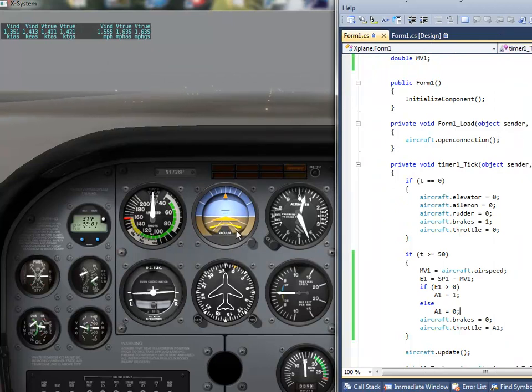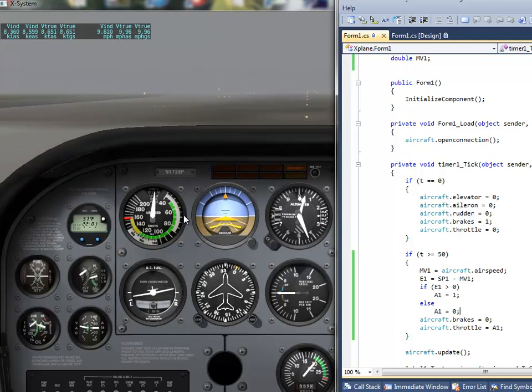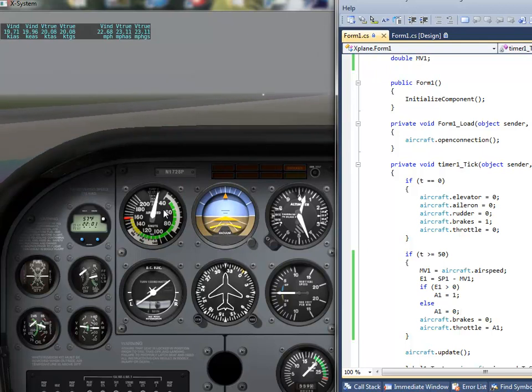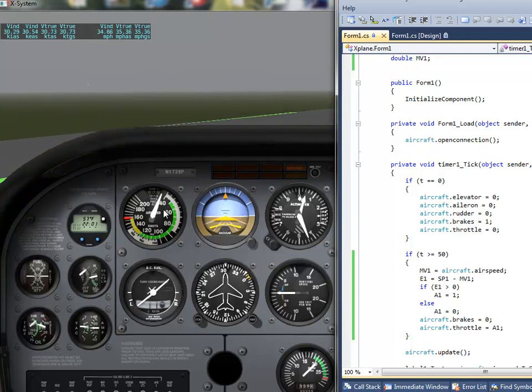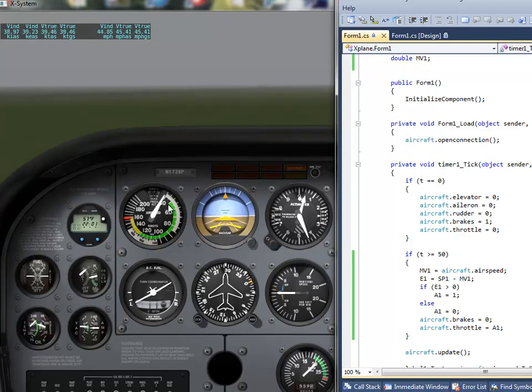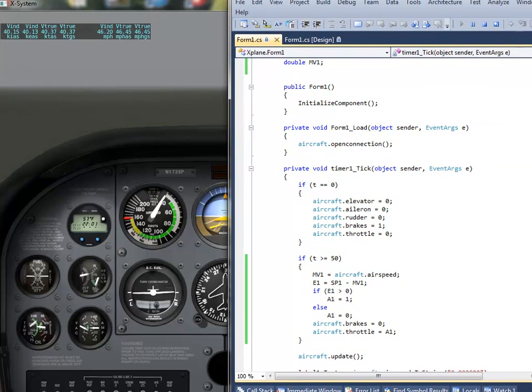Right, counting up, 5 seconds, the brakes are off. The aircraft is drifting over to the left, but that's normal for any single propeller small aircraft. You will need to put a bit of rudder on to keep it in a straight line. But as we can see, the speed now is being controlled to 40. Look at that dial there. So it's controlling the speed, so that is working. Now you need to modify this